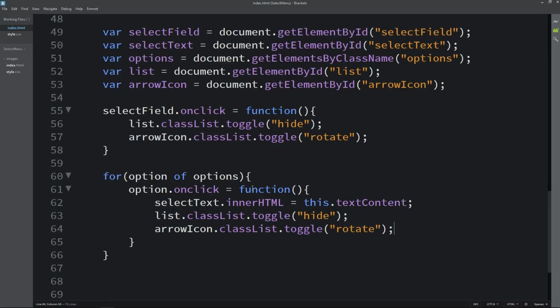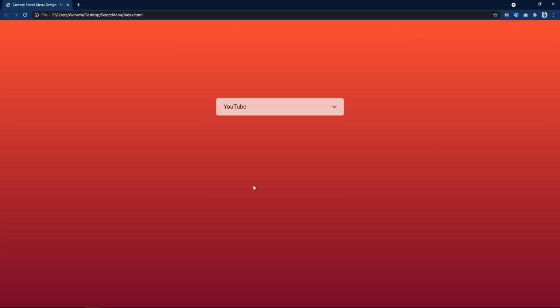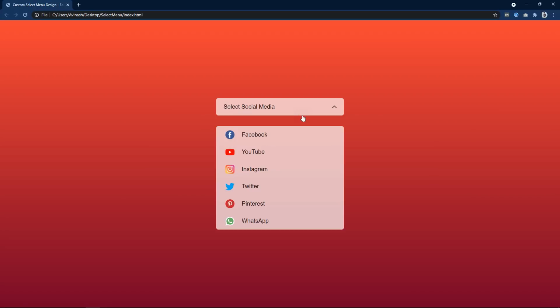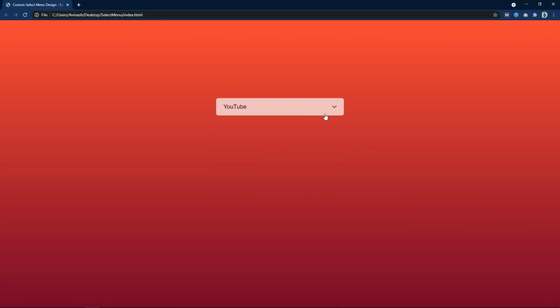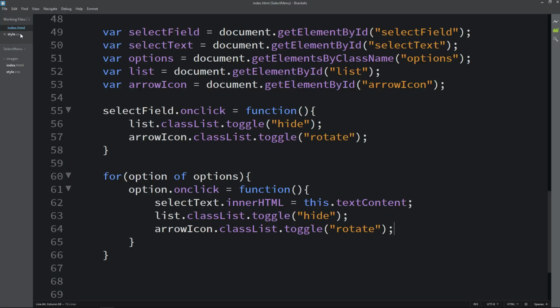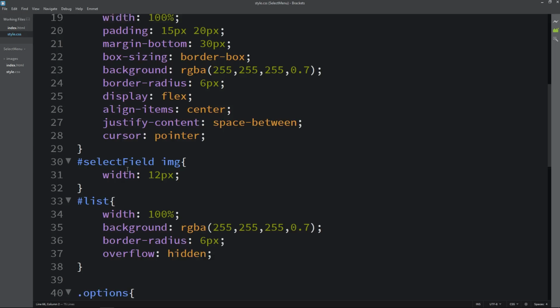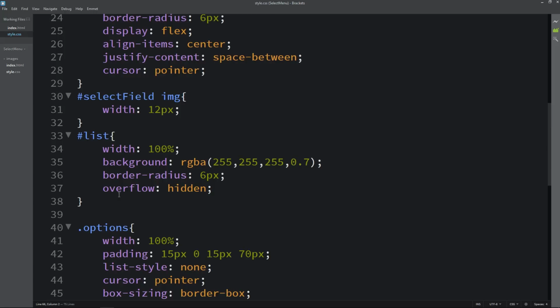After adding this, let's refresh the website and now you can see if I click here the list is open and the icon got rotated. But right now you can see this icon is rotating suddenly, so we have to add some transition. So let's come back to the CSS and here we have added this select field img.